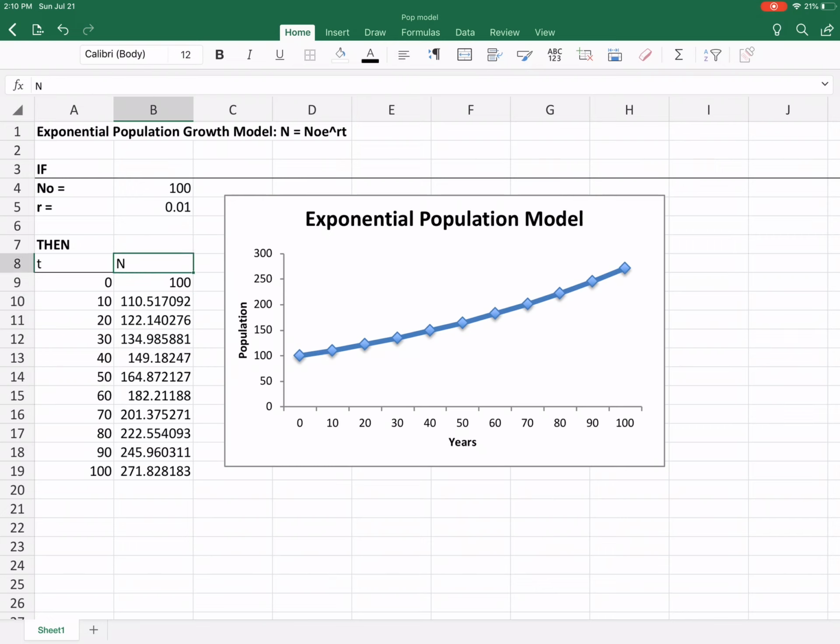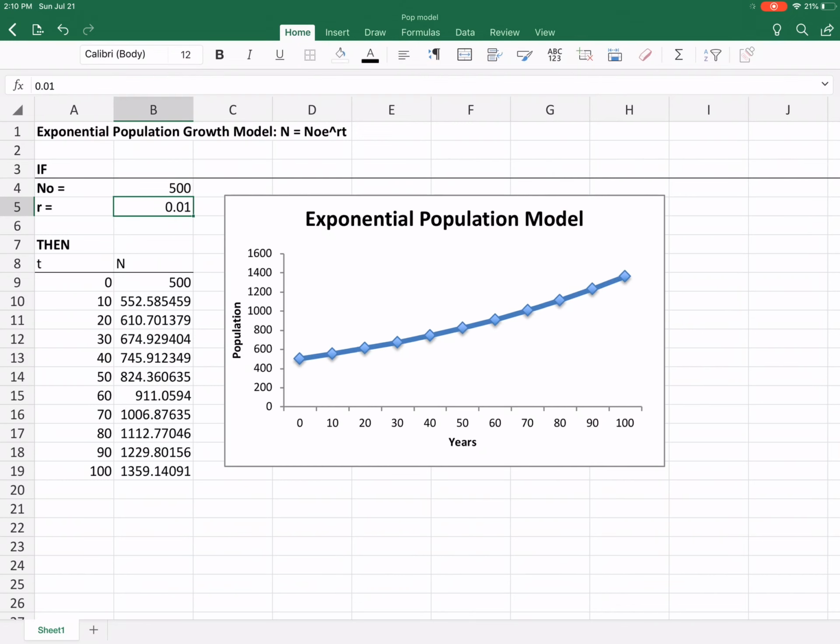So the model here is just that equation, right? And then the prediction that it's making of what the population should be. And that is also plotted here on this figure, which shows the population at any given point in time. So if I change any of these parameters, so let me say, oh no, actually the initial population was not 100, it was actually 500. I can change that in Excel, and then it'll update all of the numbers in my model.